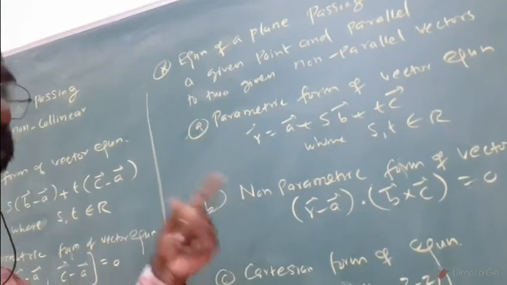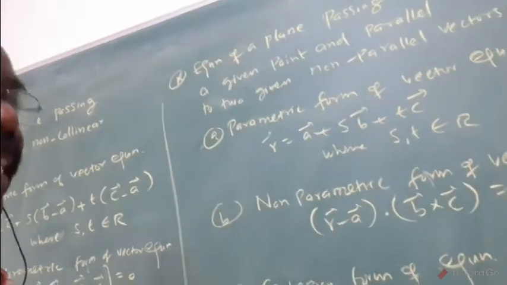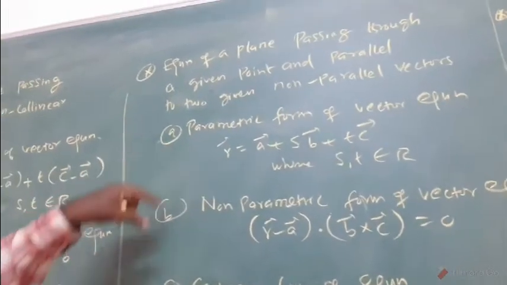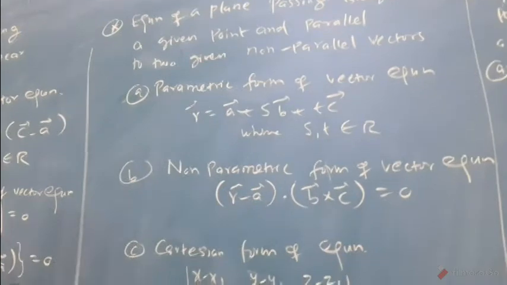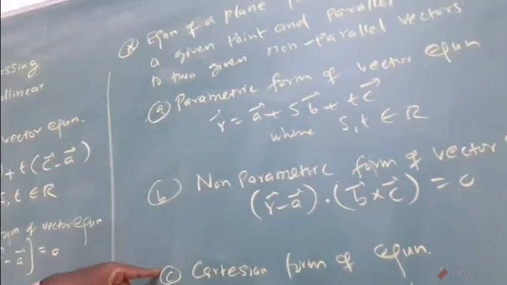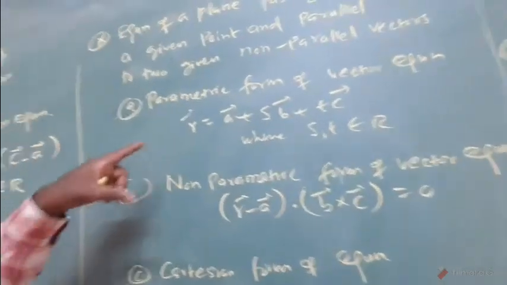One point means let it be A vector. The parallel vectors, you know, let them be B vector and C vector. That is our assumption. After that, 3 parts are asked in the important 5 mark question. Sometimes 2 parts are asked. You must know all 3 formulas, because sometimes all 3 parts are asked and sometimes 2 parts are asked. That is the important 5 mark question.